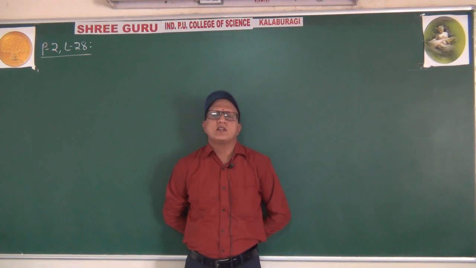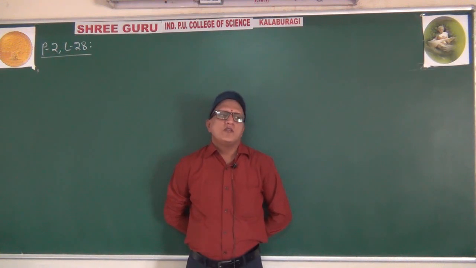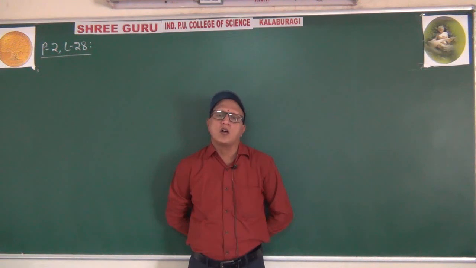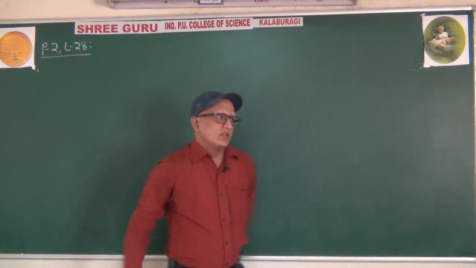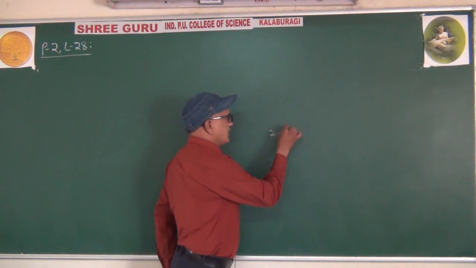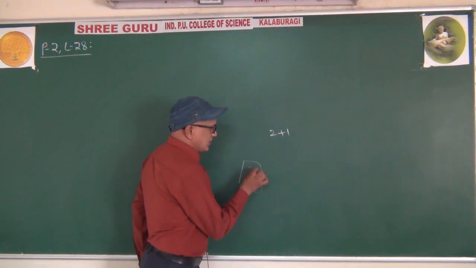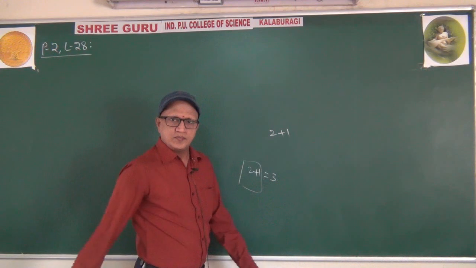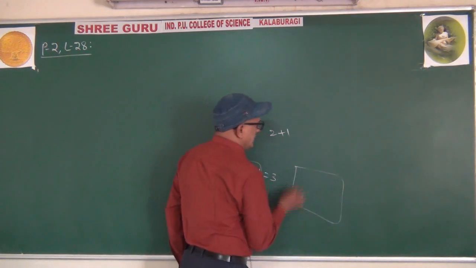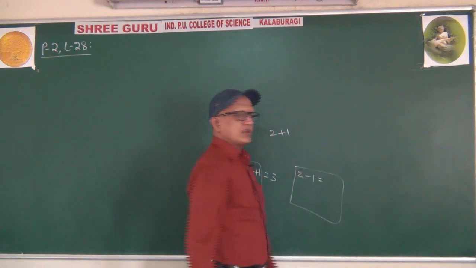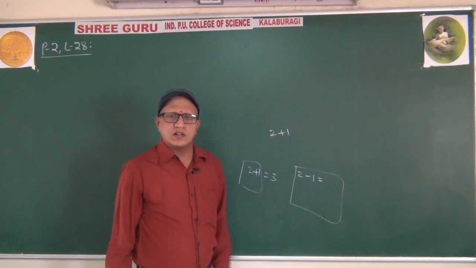The concept is very easy. Very slowly you have to solve the problems; then only you get the accurate answer. If you do it a bit fast, you also get an answer, but it will be 100% wrong. The question is 2 plus 1 in the question paper. If you write 2 plus 1 in your answer sheet, you will get 3. One student has written 2 minus 1 instead. He also gets an answer, but that is wrong.